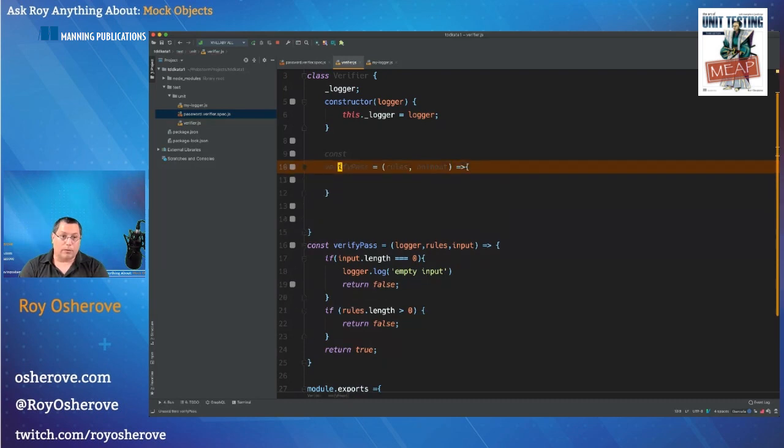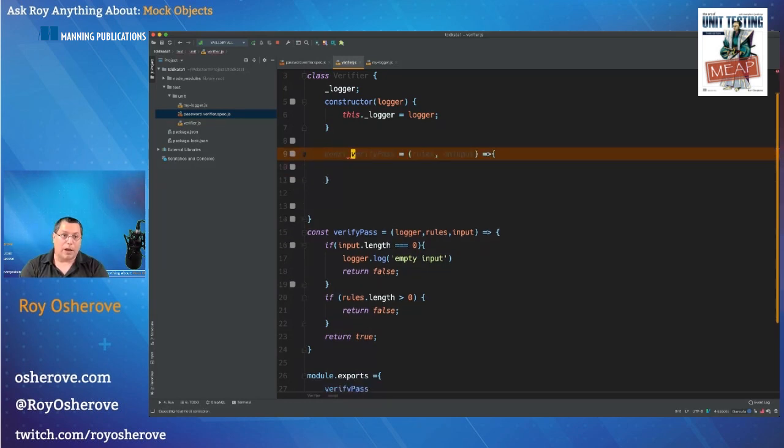Oh yeah, of course we can't do const verify pass. We have to do a function, sorry. Function verify pass. This. What am I missing here?